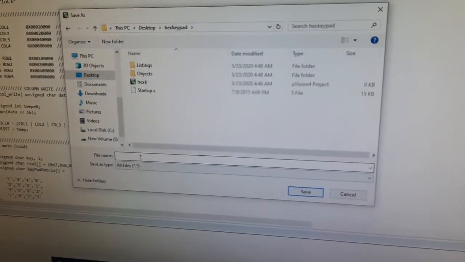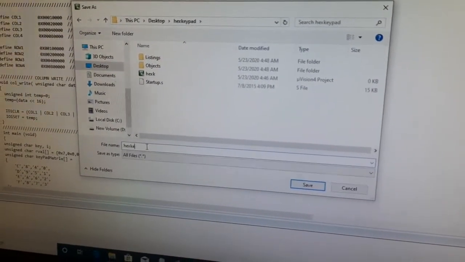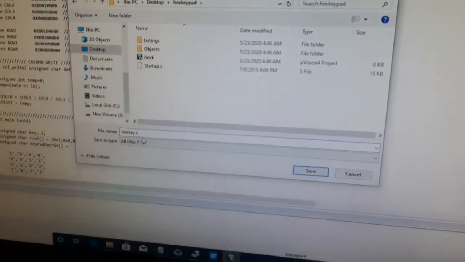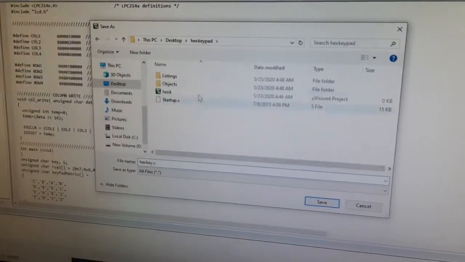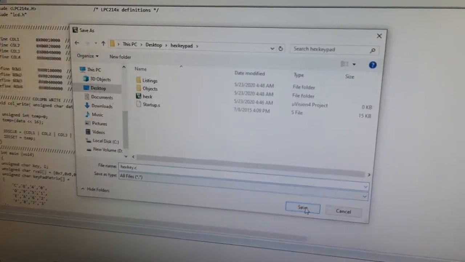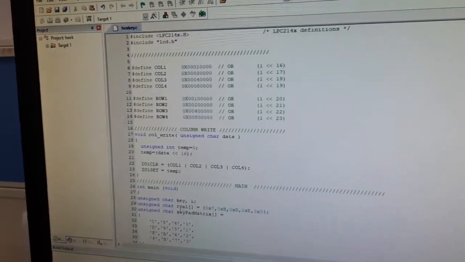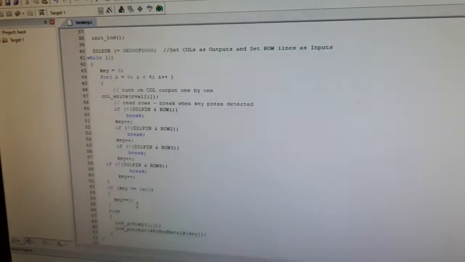Okay. Now we will start that. Here the file name I will give hex key.c. Again verify that you store your program only in your folder. Okay, then save that. Once you saved, you will get predefined and user defined words. Predefined words have a different color, and user defined words have a different color. I think you can see that.